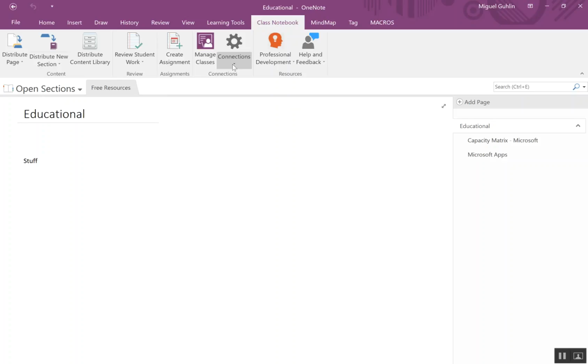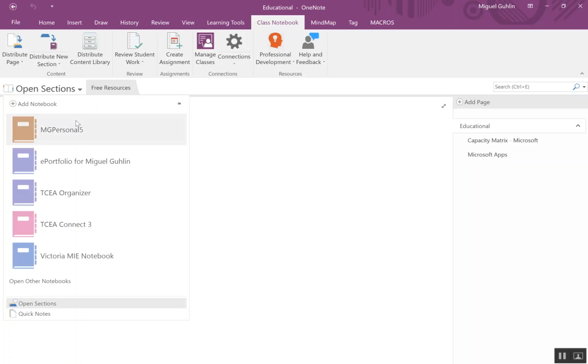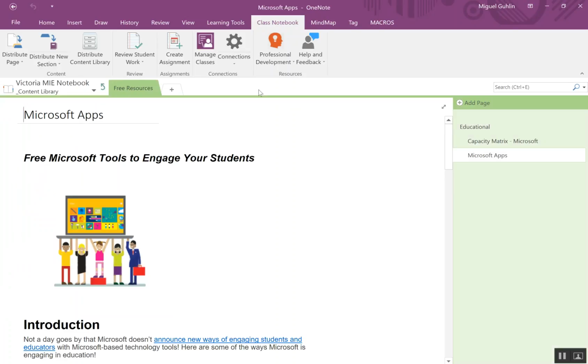One of the things to remember when you're working with Class Notebook is that you definitely want to enable your connections, make sure that you're logged in with the appropriate account. I'm using a usmie.com account, but you may want to make sure that you're using your school district or organization's